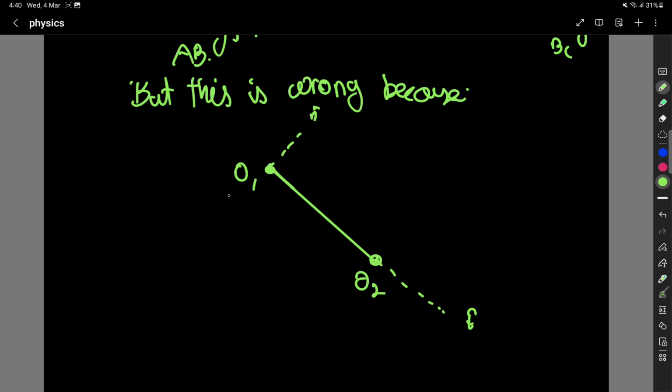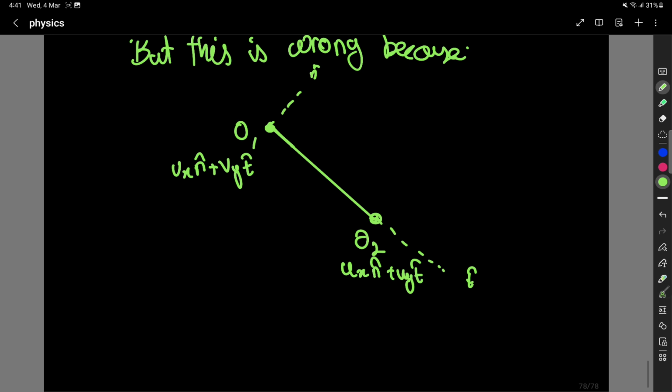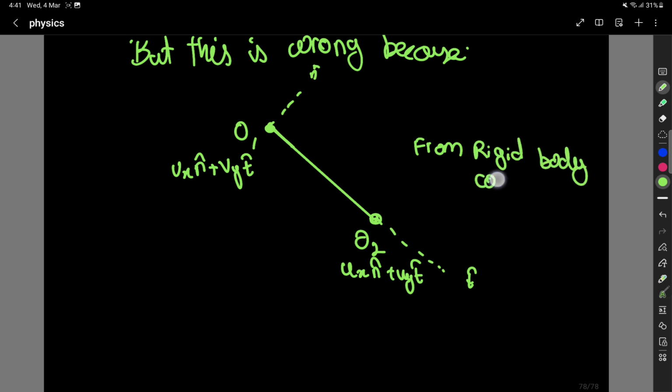This O1, let it have Vx n cap plus Vy t cap, and this one be, let's say, some Ux n cap plus Uy t cap. So from the rigid body constraint,